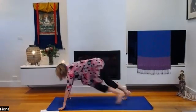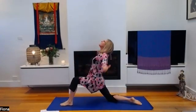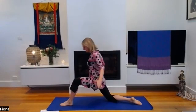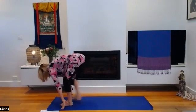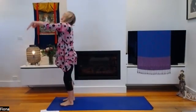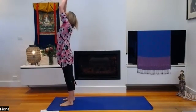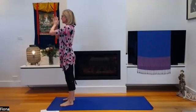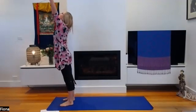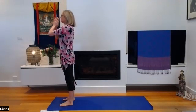Left leg forward. Lower the right knee, untuck the toes. Inhale, crescent moon. Exhale, step the right leg forward back into Uttanasana. Inhale, come up. Palms together. Exhale. Straight onto the other side. Breathing in. Breathing